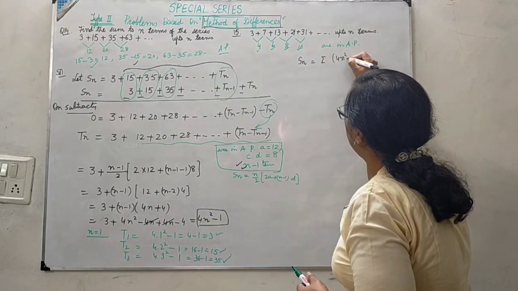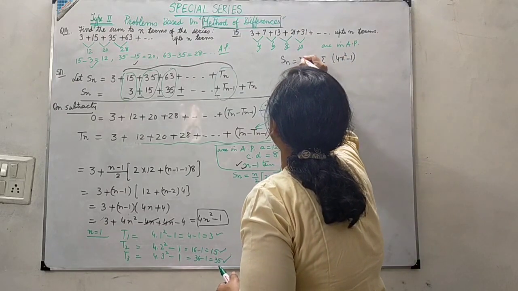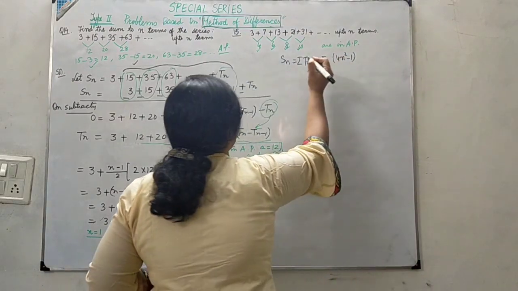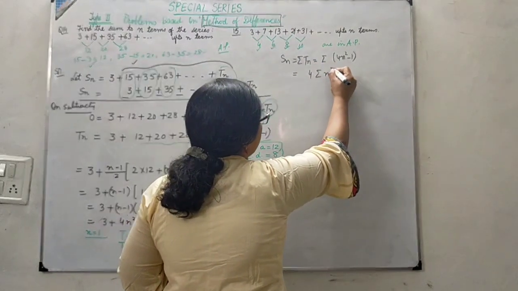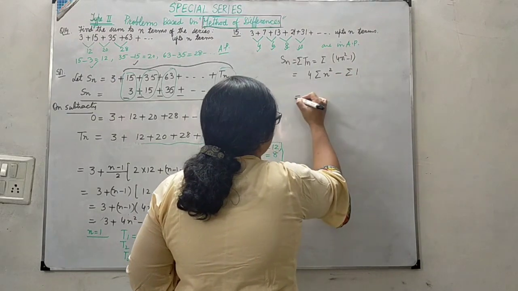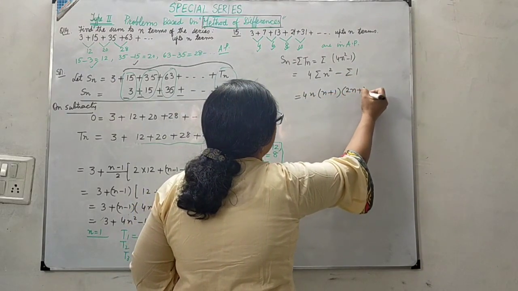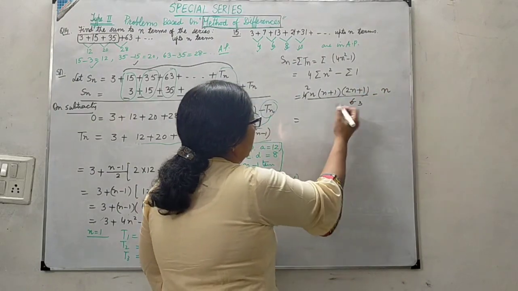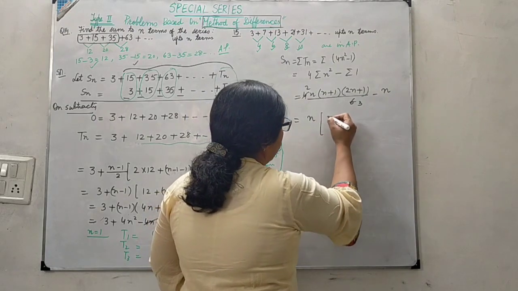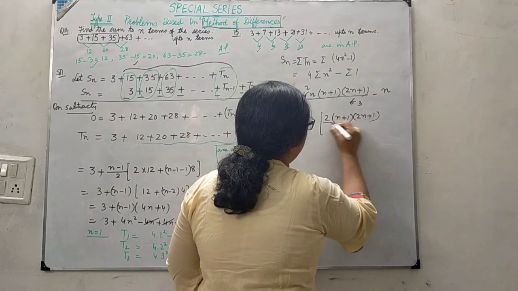Now 4n square minus 1 and sigma. This I will write Sn as sigma Tn. And this is further, so applying the property for sigma, this is 4 sigma n square minus sigma 1. This is 4 into n plus 1 into 2n plus 1 by 6 minus n. If I take n common from here, this is 2 into n plus 1 into 2n plus 1 by 3